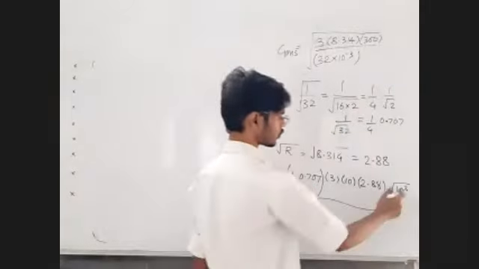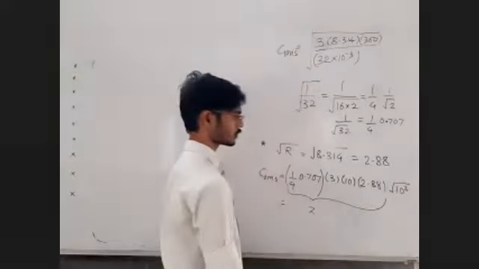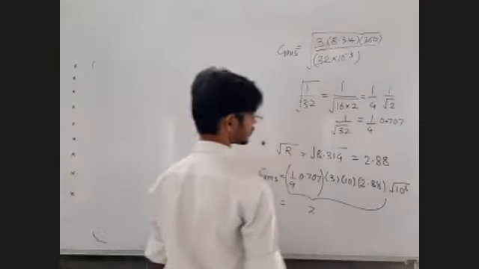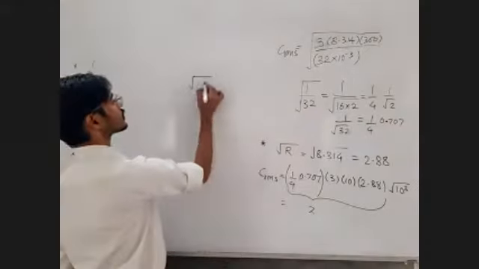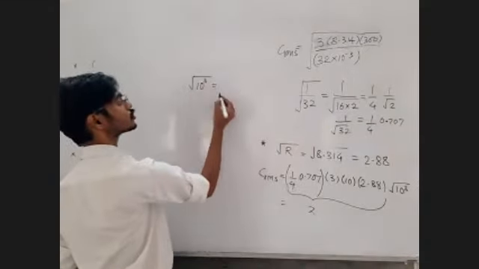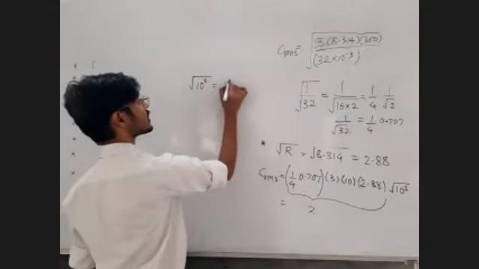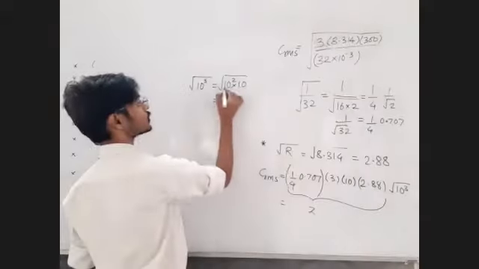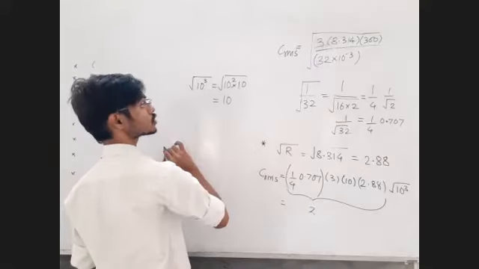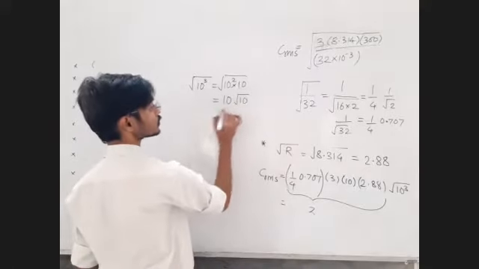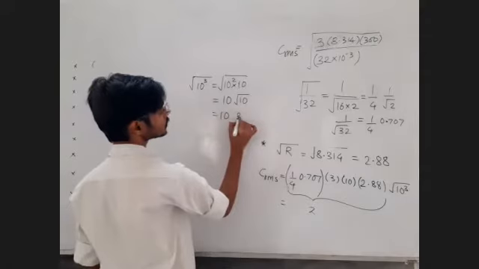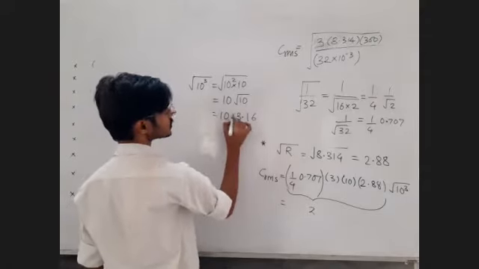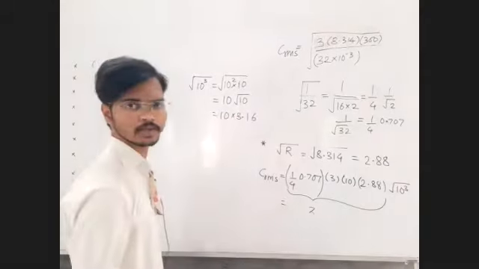Okay, let us try to find out square root of 10 raised to 3. It is very simple task. See how to find out square root of 10 raised to 3. Just write it as 10 raised to 2 into 10. What is 10 raised to 2 square root? So it is 10. So 10 root 10. What is root 10? 3.16.